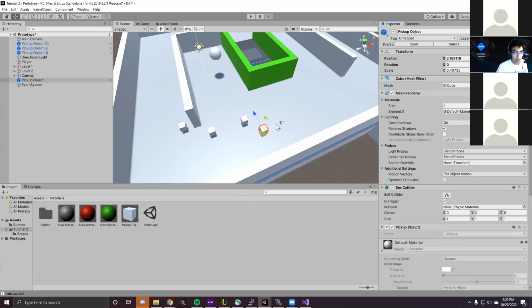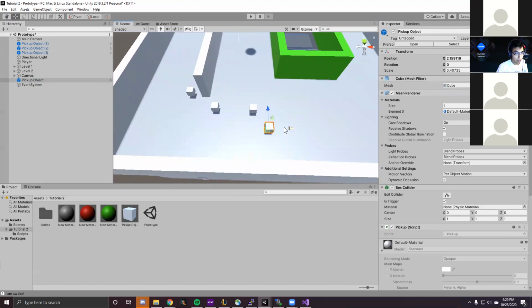And then from there, we can just move them a little bit further away from each other, just so that the player has to reach a bit to get to them. Okay, and now